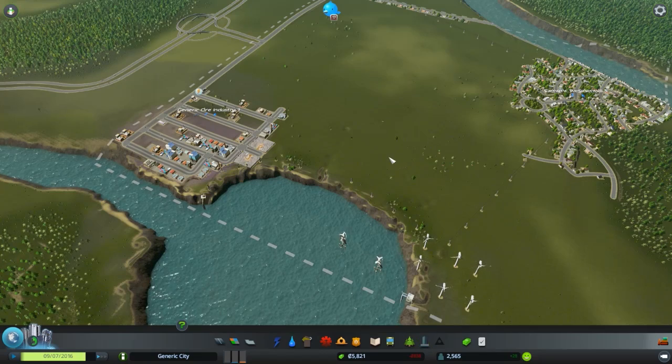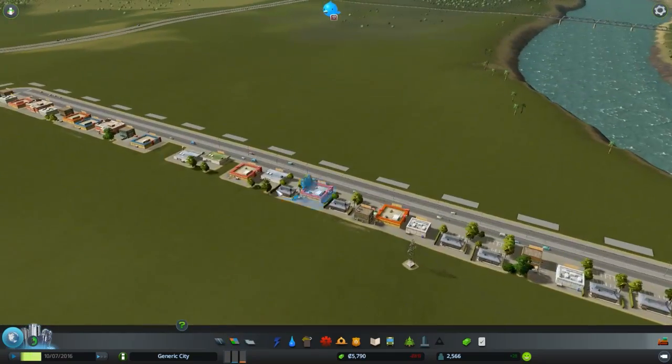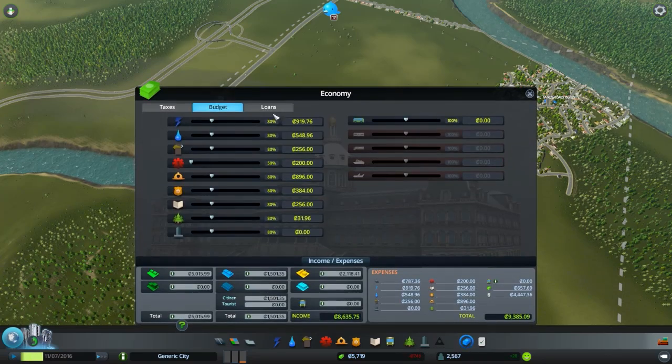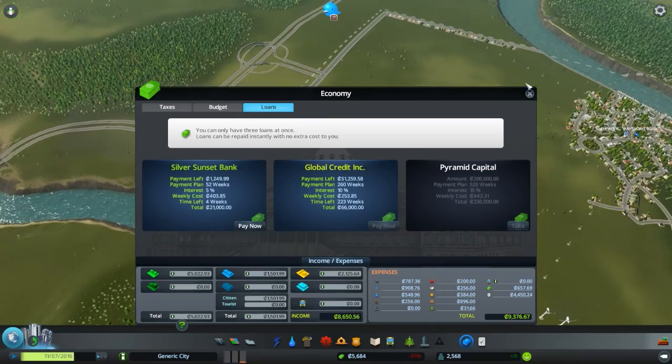Interesting. Right, let us build some... Oh, actually, we don't need to do some more zoning, because that's actually getting fulfilled. We're still receiving 28 people every tick. That's pretty good. 2,566 population. You see our money is still going down, but we can take a... Oh, we can't take a loan. We can only pay back the loan, but...